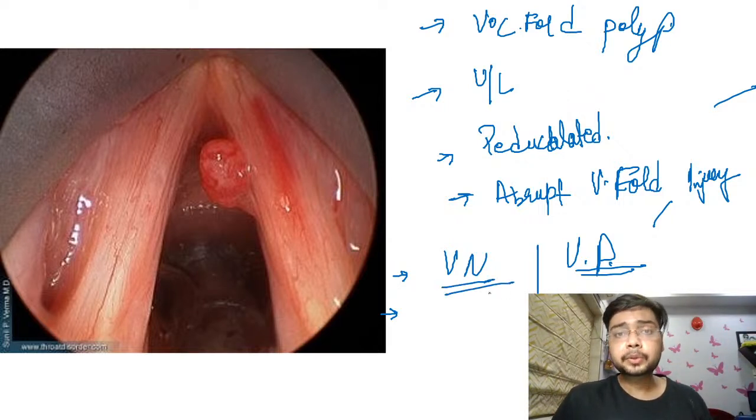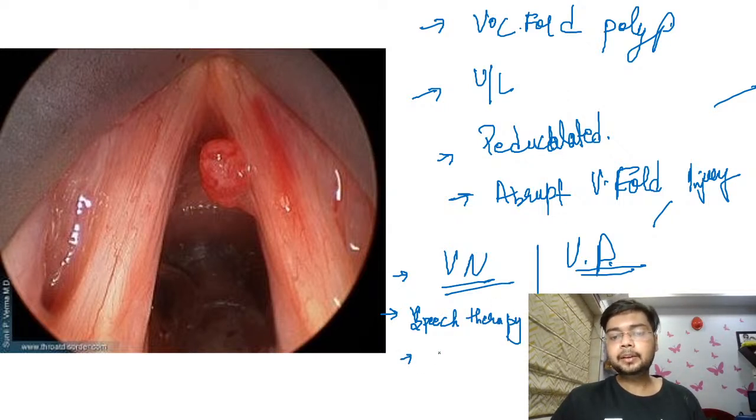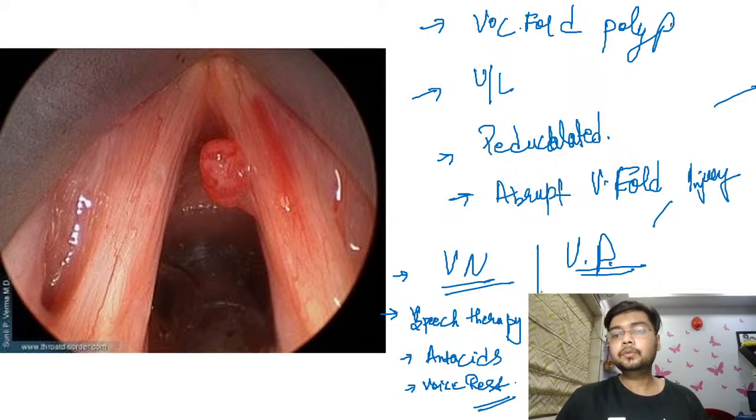Vocal cord nodule, usually we advise the patients some conservative things for some months. So we advise the patient for speech therapy. We advise the patient on antacid, voice rest. So some conservative treatment for some months, but in vocal polyp, we advise the patient for microlaryngeal